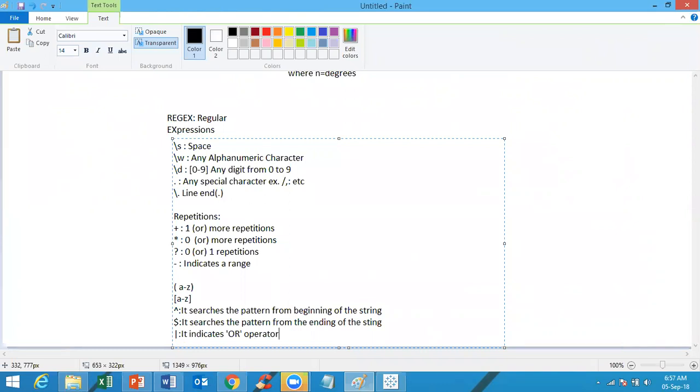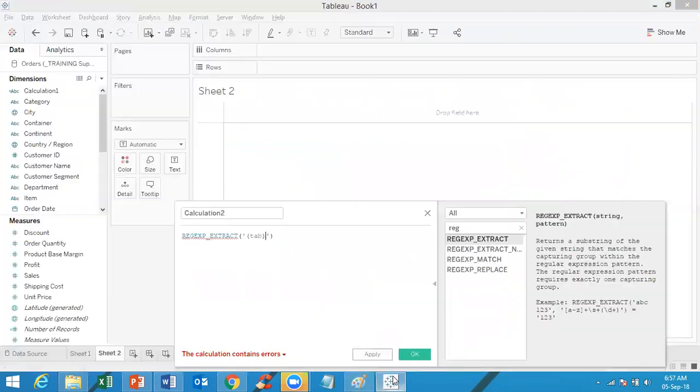But before that, we will first see the different types of regular expressions in Tableau. Here we can see there are four types. We have four different regular expression functions available in Tableau. One is regex extract. So what does it do? The regex extract has a